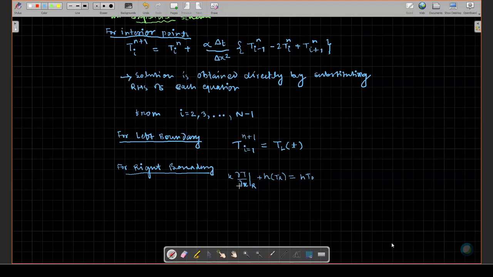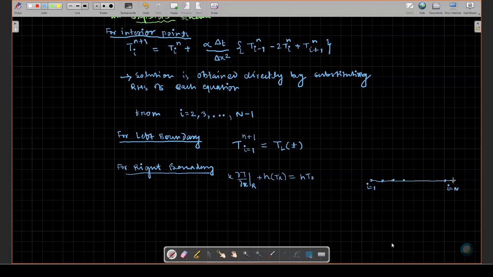This was the value. Now here you see there is a derivative del T by del X at R. R means nth, at n. R is equal to n. So at n, we need to calculate this. At the n point, this was I1, I2, I3, I4, and you had this I equal to n, right? And this I equal to 1. So at this nth point, you have to calculate the derivative del T del X at R.